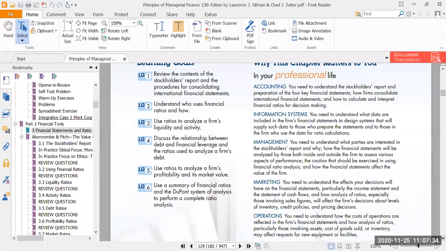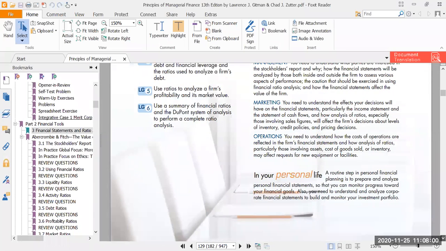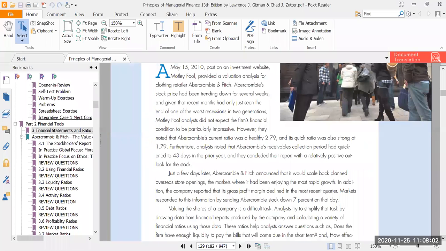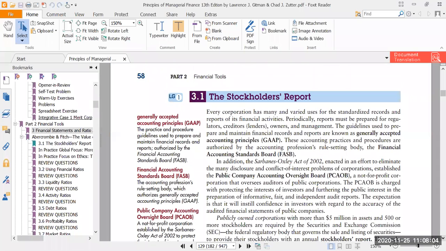So the profitability ratios are also very important, and how they are calculated and used for decision making for future aspects. Then we are going to summarize these financial ratios, and we will use the DuPont system of analysis for the complete ratio analysis. So these are the objectives of this chapter, and let's continue with our first topic of this chapter, which is about